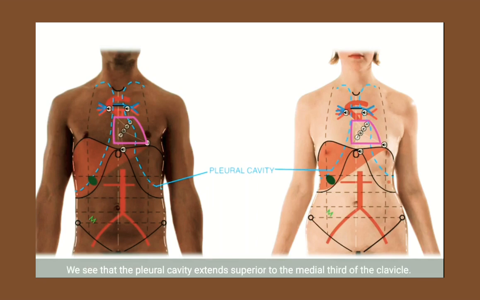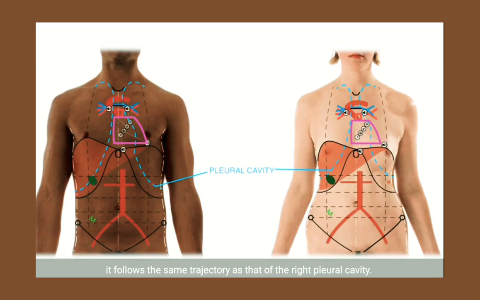and we see that the pleural cavity extends superior to the medial third of the clavicle, and then they descend close to the midline on each side. On the right, the pleural cavity descends inferiorly and then curves to follow the costal margin. On the left, the pleural cavity extends inferiorly to about the third rib, where it deviates laterally because of the presence of the heart. And then once inferior to the heart, it follows the same trajectory as that of the